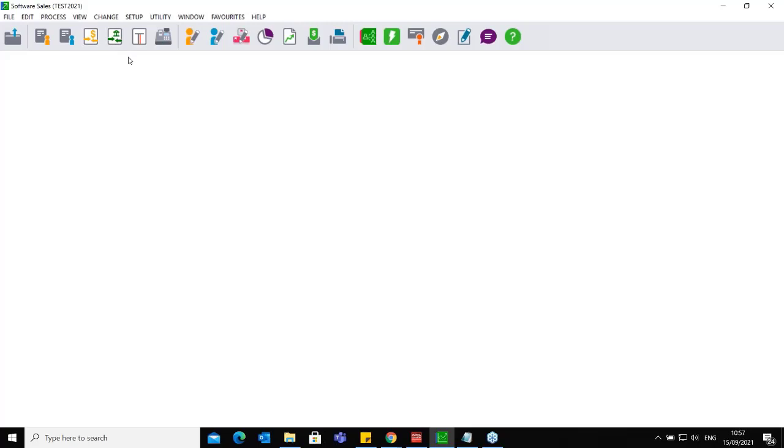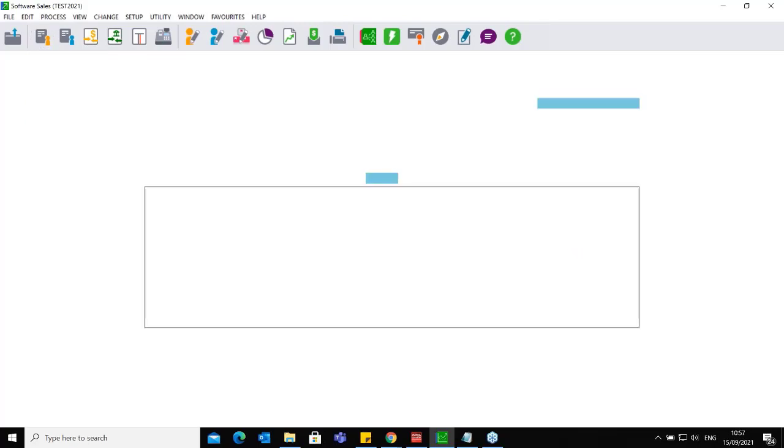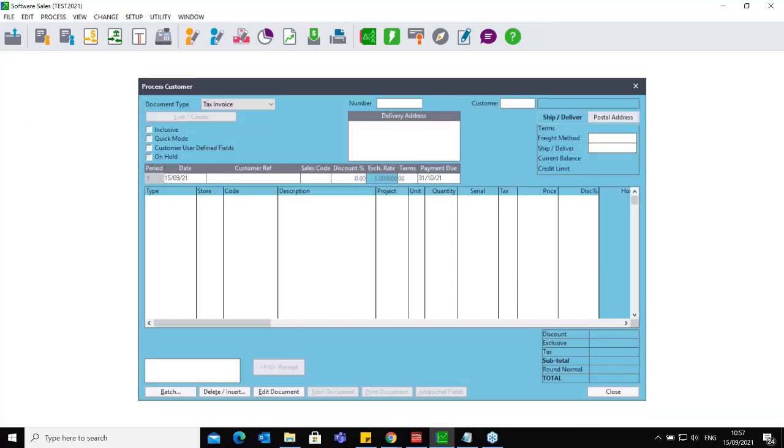Change the letters around and put a Z at the end. Then it will only pull through the report for that specific range that you would have selected. And then the other thing, when you are busy processing, you can create inventory items or accounts on the fly. So let's say I'm in a text invoice,